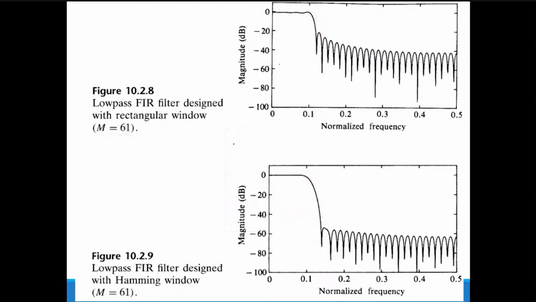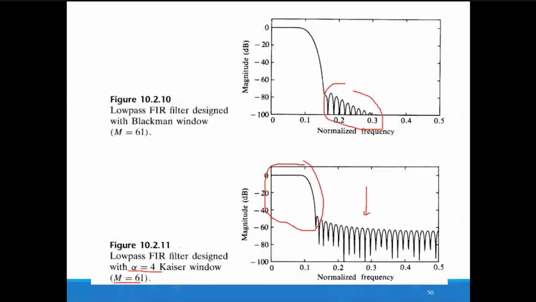So compared to, as we have discussed, in rectangular window, the transition is abrupt. So you are getting more number of ripples or more oscillation. In Hamming window, oscillations are reduced in the pass band, but still some side lobes are there. In the Blackman window, no ripples in the pass band, and also number of ripples in the side lobes are very low compared to the previous two windows. And in Kaiser window, you are getting the smooth pass band, or you can say main lobe, but some ripples in the stop band.